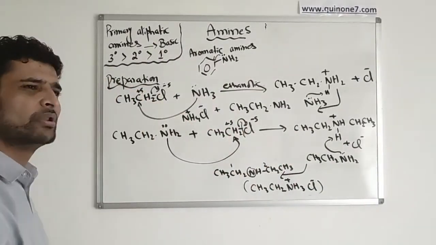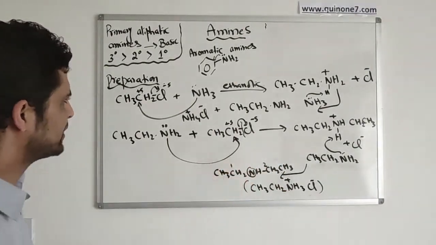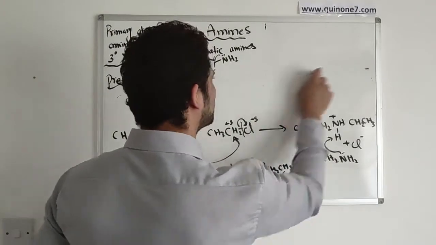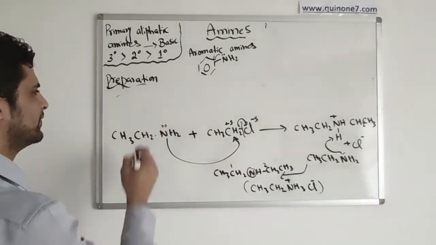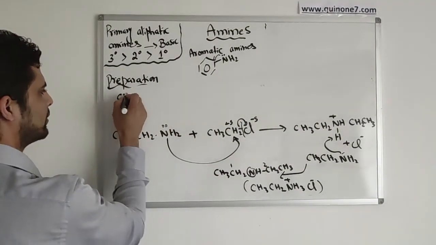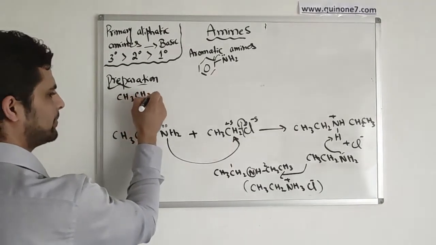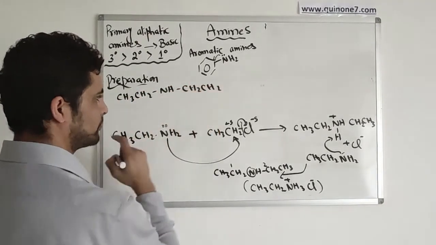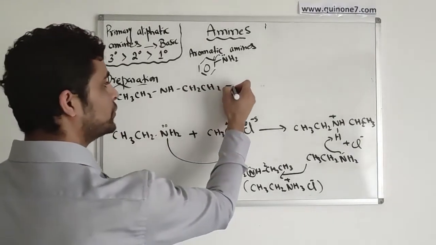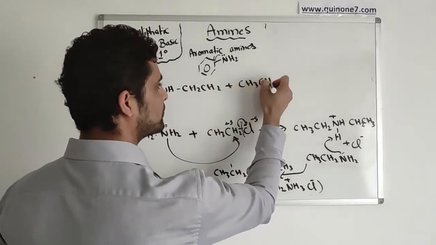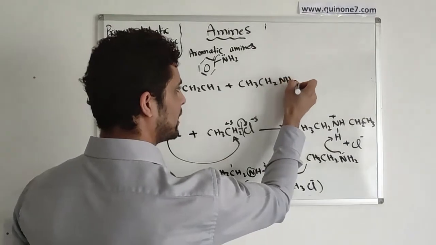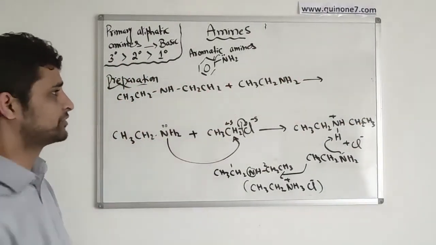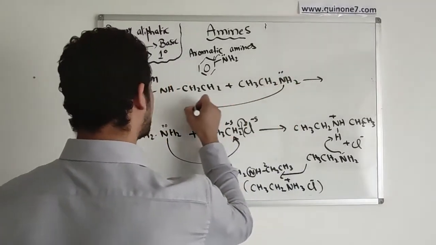If you have this haloalkane and you have made the secondary amine, you can go back and you will have a product which is made during the chemical reaction. So this is your secondary amine. You are going to react it with a primary amine, and that will actually allow this nitrogen